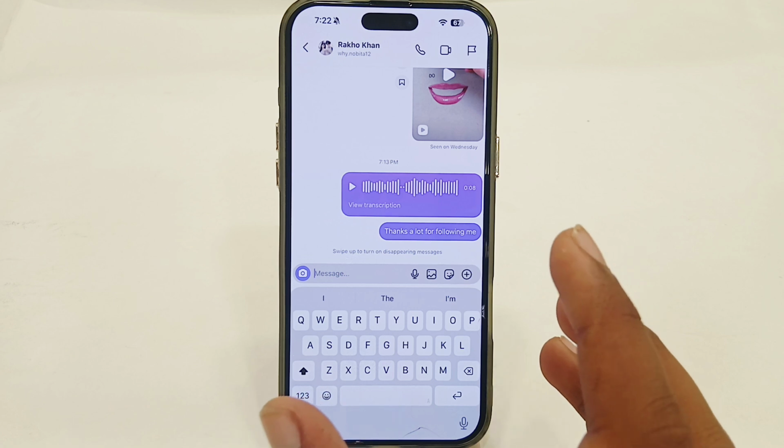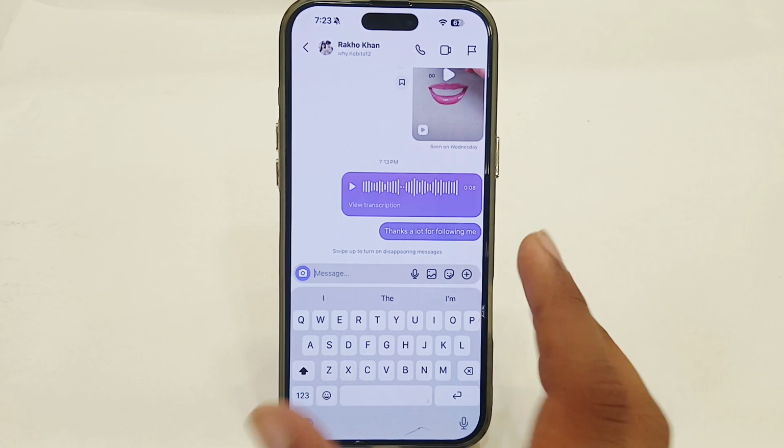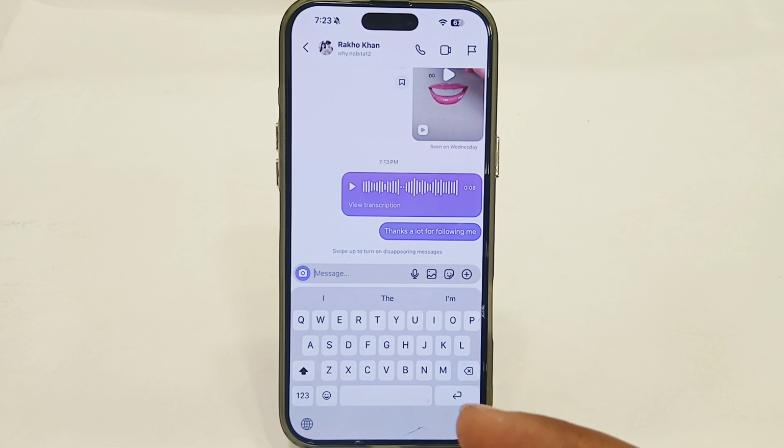So you can add a website in your quick replies, you can add much more that you want to add. So in this way you can easily use quick